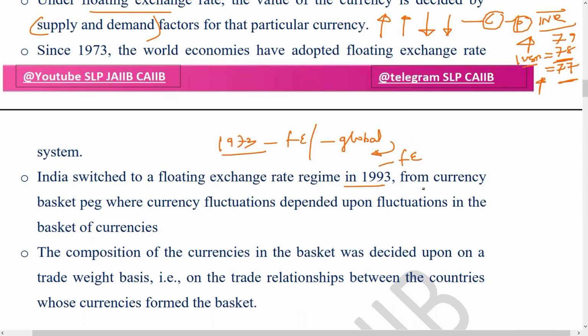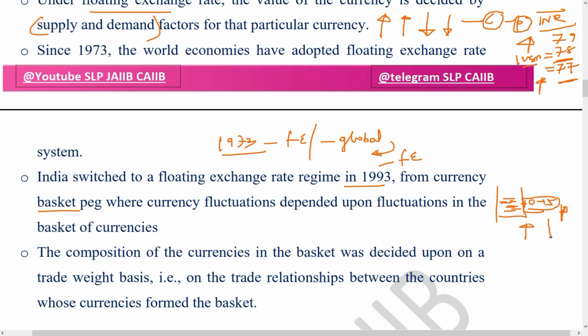So what type of fixed exchange rate were we following? A currency basket peg. Our system was that we were pegging to currencies. Which currency? We were pegging to many currencies and putting those currencies in a basket. For example, we select 10 to 15 currencies and put them into the basket. If that basket cumulatively, all the 10 currencies, if their value is increasing,